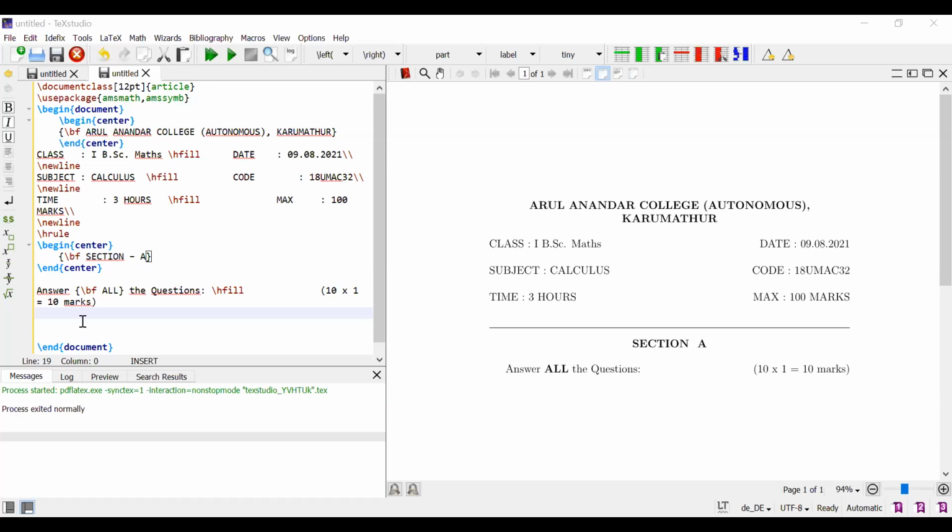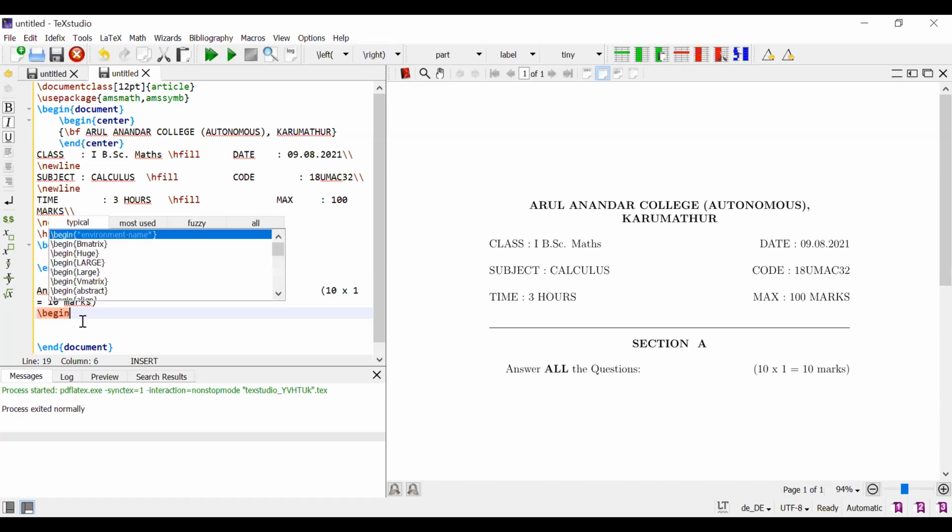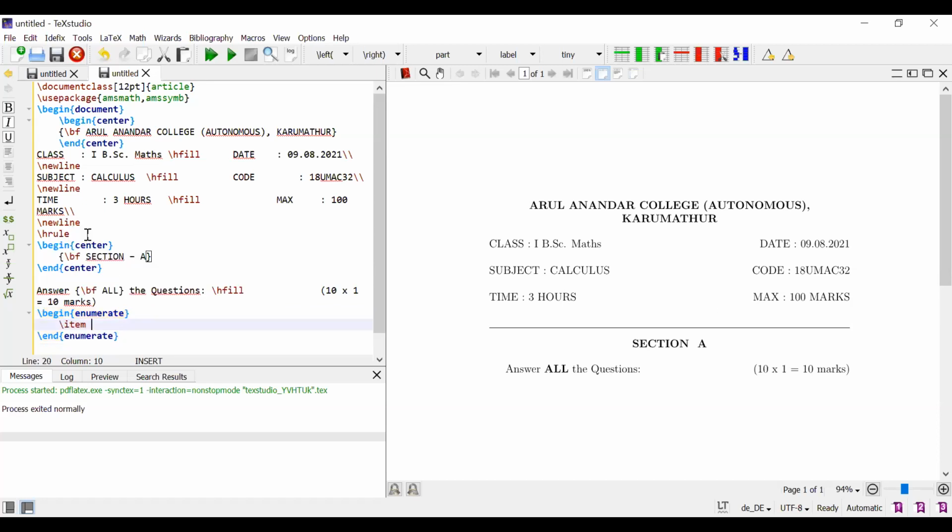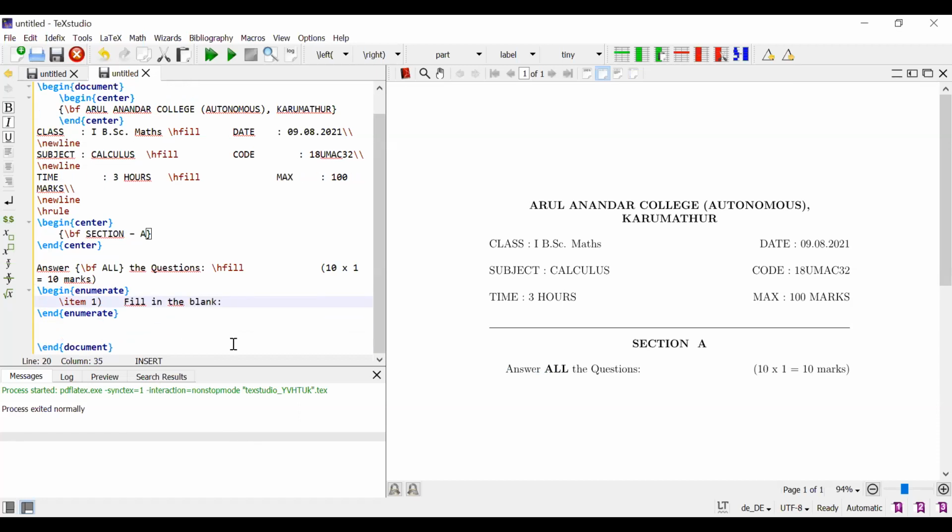For itemized, I want to write begin enumerate. My question is fill in the blank. Just copy, paste. Now I type one more thing, that is it. Nth derivative of ax plus b whole power n is what?